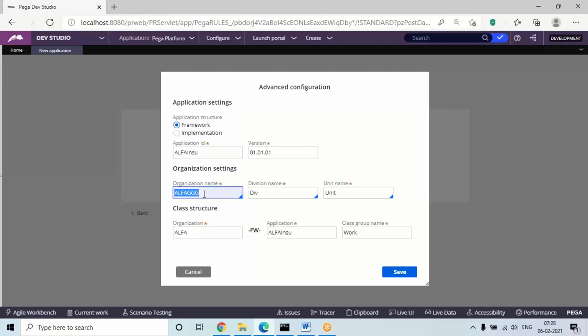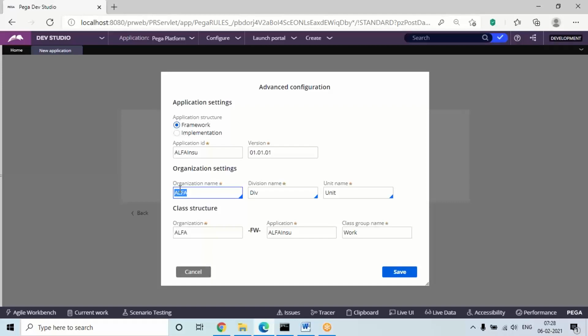So the maximum for these organization names is four characters, or less than four. Suppose we have an SBI insurance, we'll only give three characters, not more than four. The maximum length for the organization name is up to four only. Mostly when they give the names, they give four characters at most, or less than four if that's what it is. Like AXA insurance, they'll give it only as AXA. Not more than four characters in the organization names.